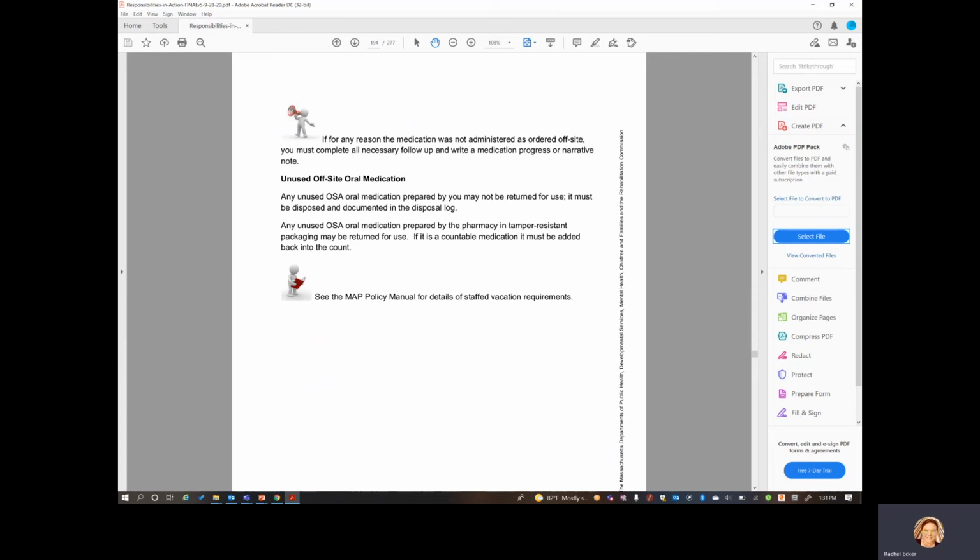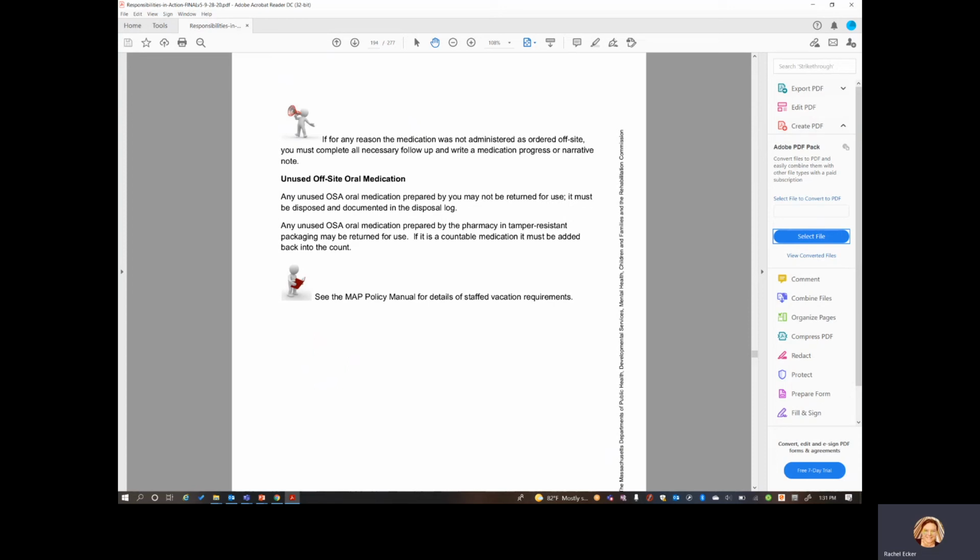Now, if you need to bring back any unused off-site oral medication that's prepared by you, we cannot use it. It must be disposed of in the disposal log, which is usually located in the MAP manual, the MAP book binder.